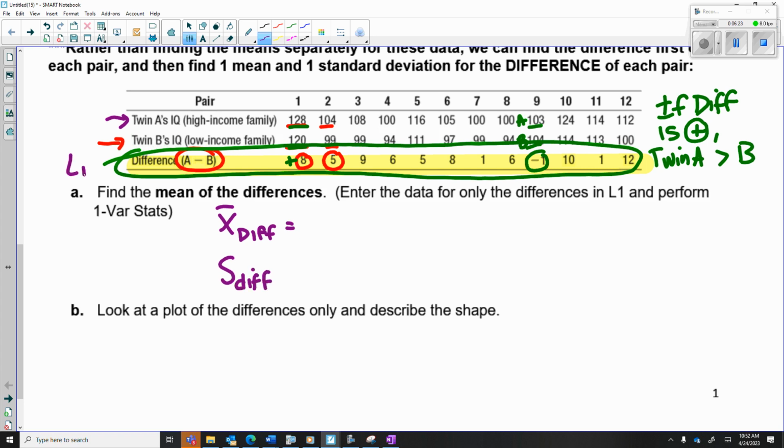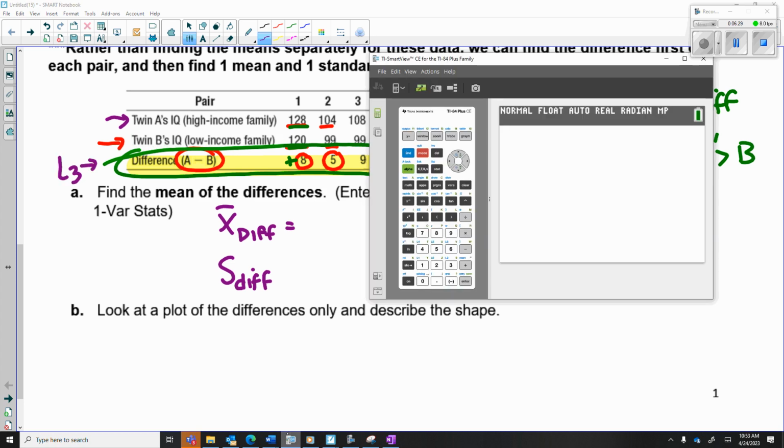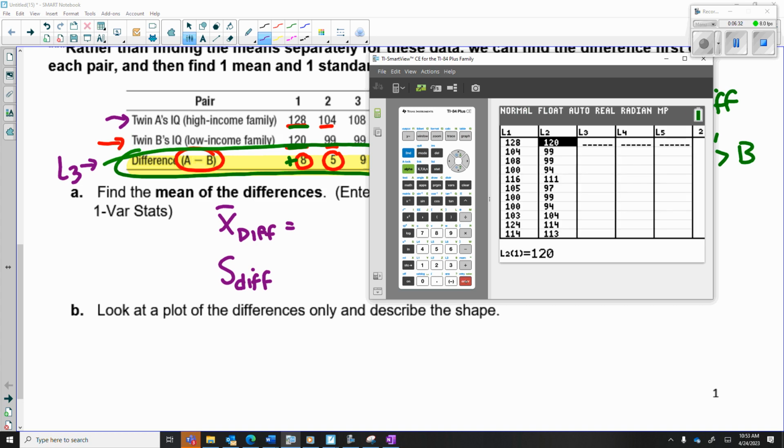So I'm going to show you what I did, okay? Instead of L1, actually, I'll show you, I'm going to do it in L3. I went to Stat Edit, and I entered twin A in L1 and twin B in L2. And they already found the differences for us on this paper, but I want to show you what I could have done. I could have highlighted L3, and I could have done L1 minus L2, which is second 1 minus second 2 for L1 minus L2. And when I hit enter, it populates list 3 with all the differences which you see here, 8, 5, 9,